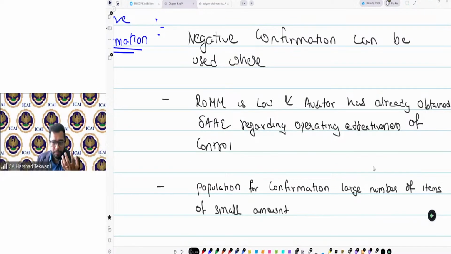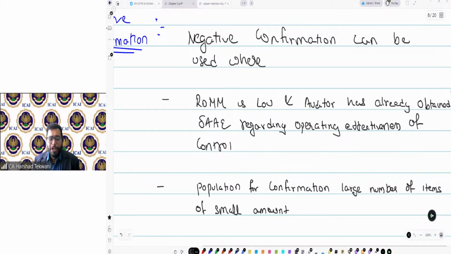For example, Ola. You have the concept of Ola postpaid, or Uber, where you pay after the ride is over, not immediately, but you have the option to pay after a day also. Now, if on 31st March Uber has so much data, do you expect the auditor to send every person who has taken a ride a confirmation asking them to confirm their balance? This was the balance appearing. The answer is no. That would be really unreasonable on the audit procedures side also, because with so many confirmations and so many small balances, people will not even bother to reply.